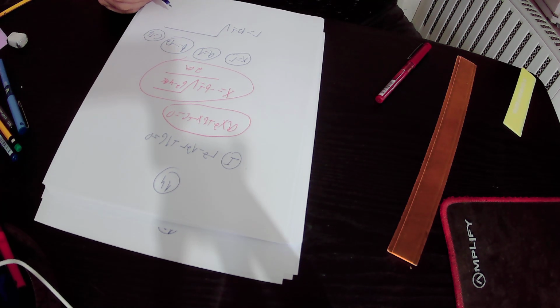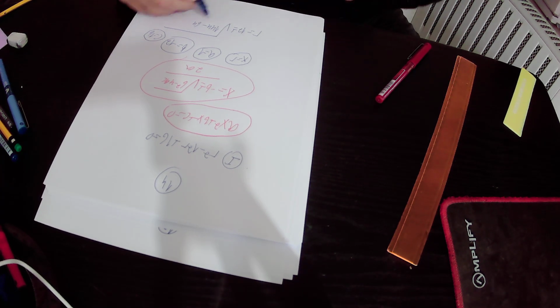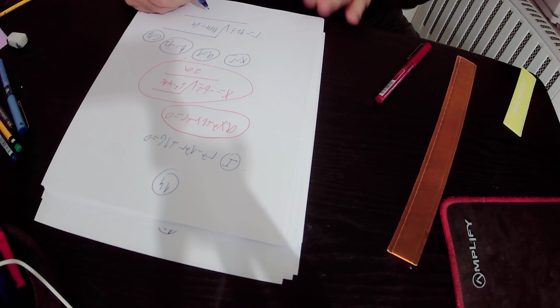B equals to minus 12, so B squared is minus 12 squared, that is 144, minus 4 times A is 1, so minus 4 times 1 is minus 4, minus 4 times C is 16, so minus 4 times 16 is minus 64, over 2 times A. A is 1, so 2 times 1 is 2,